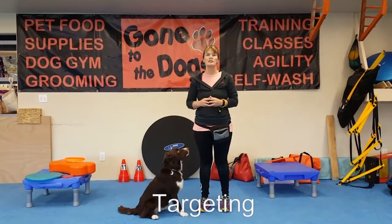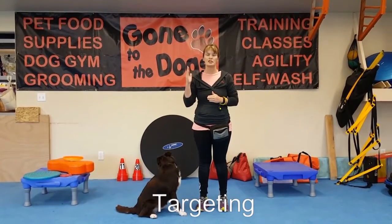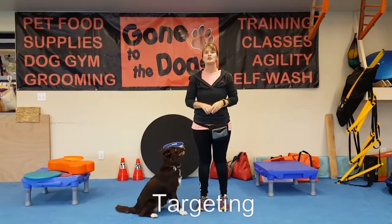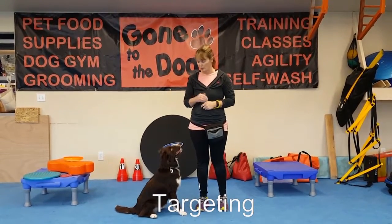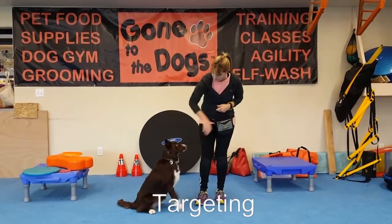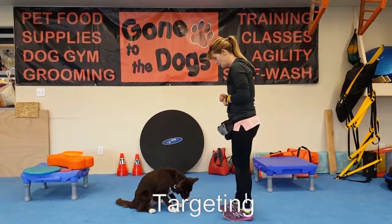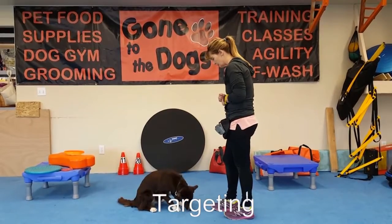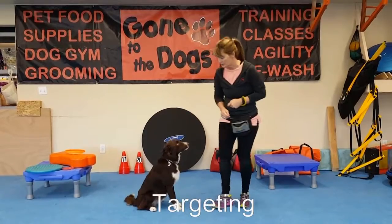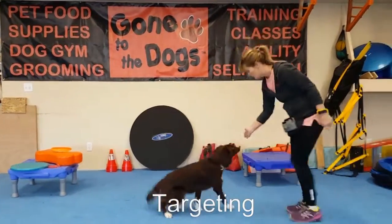For targeting, we want to teach our dogs either to touch their nose to something or touch their paws to something. And it can be front paws or it can be rear paws. So for nose touching, I teach a dog to target to my hand, and then I mark the moment they touch it. Good girl. So that would be a nose target. Here we go. And so as I move it away, she's going to come over to it and touch it